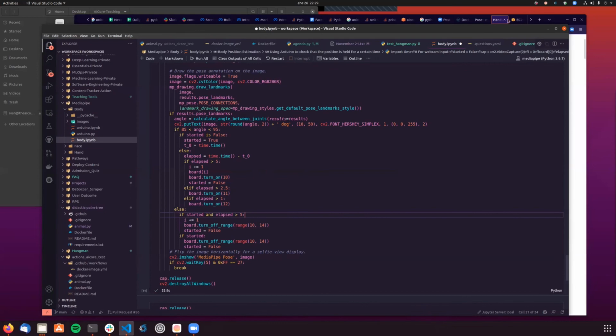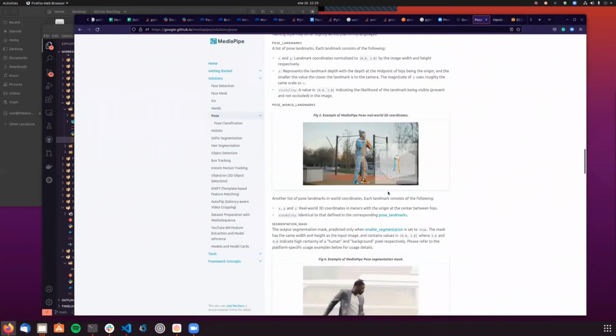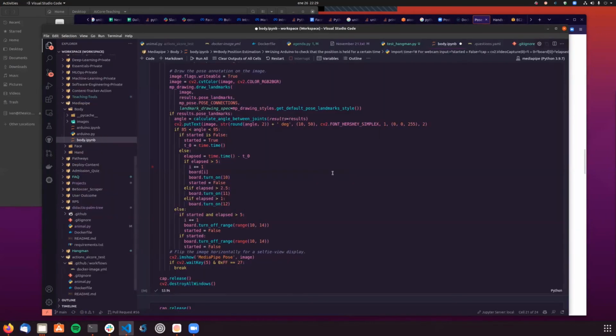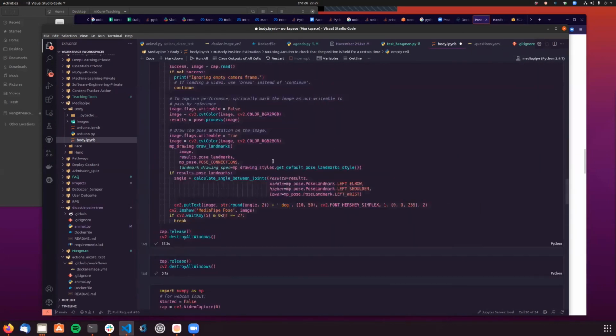But the model is actually tracking you in 3D. You can take a look at this. In my case, I just tried to keep it simple, just calculating the angle between two lines in a 2D map. Okay, so it's capable of doing 3D stuff. Yeah. Actually, if we take a look at what was it, sorry, it was here,